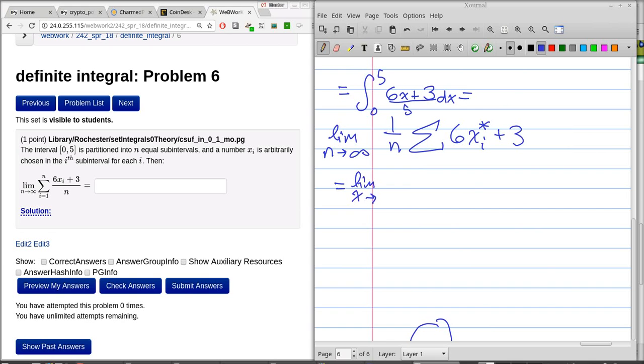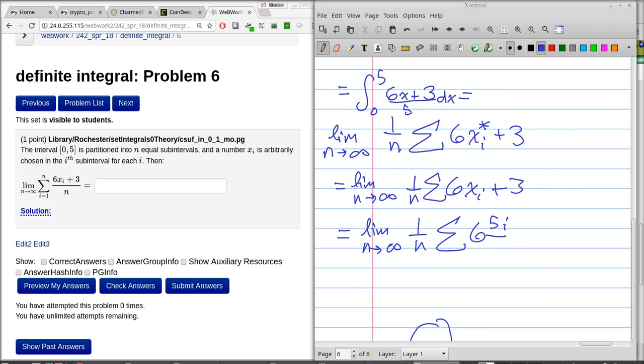The limit is, as n goes to infinity, of 1 over n, the sum, 6xi plus 3. But now this xi that we're using is i times 5 over n. So this is the limit as n goes to infinity of 1 over n, the sum of 6 times 5i over n plus 3, which is equal to,